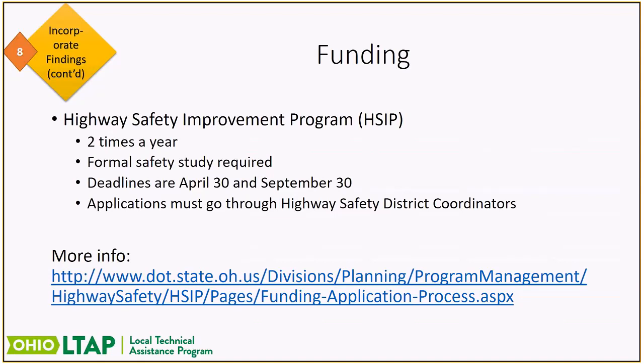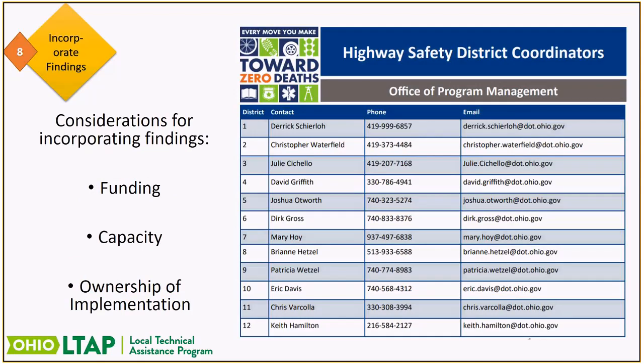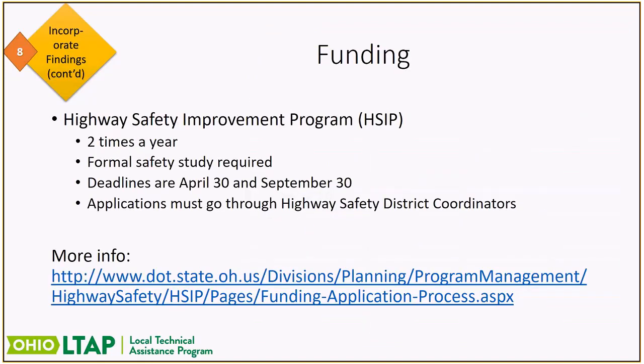I will tell you that they have also put into place a more streamlined funding program for countermeasures which are less complex to implement, really only dealing with one engineering discipline. They need to be $500,000 or less in cost. And again, you can talk to these same district safety coordinators about that streamlined process. So if you have something that is lower dollar and your team wants to move on it right away, you can talk to them about going into that other process, because it's year-round. You don't have to wait for these two funding deadlines, application deadlines to come up.